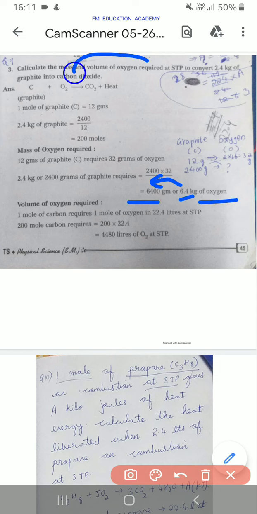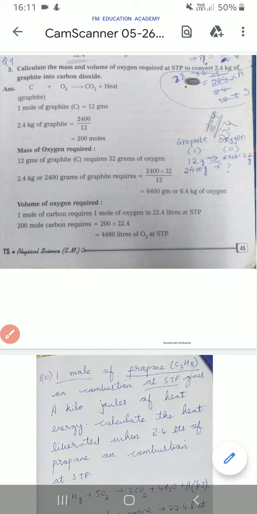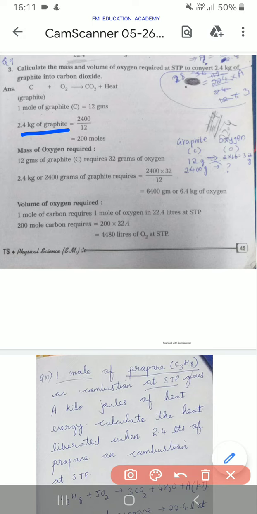Now it also asked the volume of oxygen, right? How to find out the volume of oxygen? 1 mole of carbon requires 1 mole of oxygen. Okay, 1 mole of carbon, and here we have 1 mole of oxygen in 22.4 liters at STP. So here we got 200 moles. How did you get 200 moles here? You got 200 moles because 2.4 kg of graphite